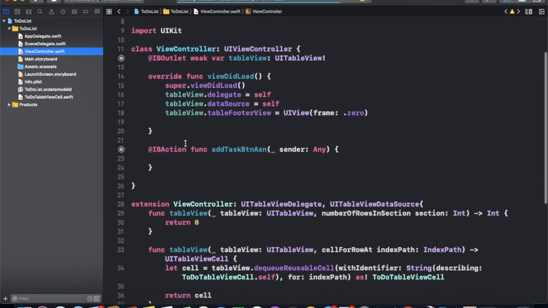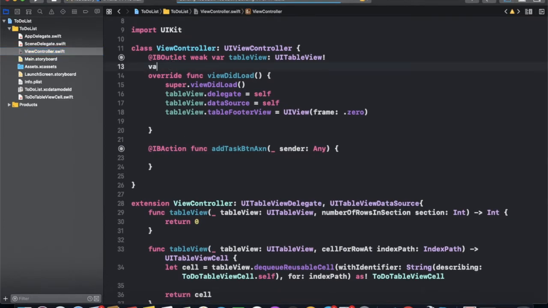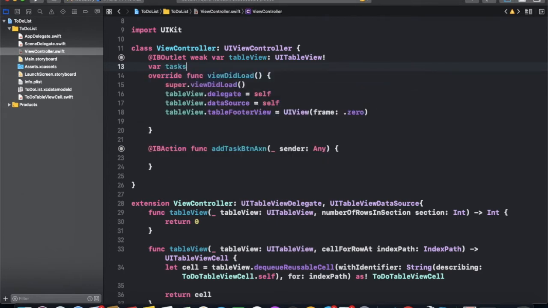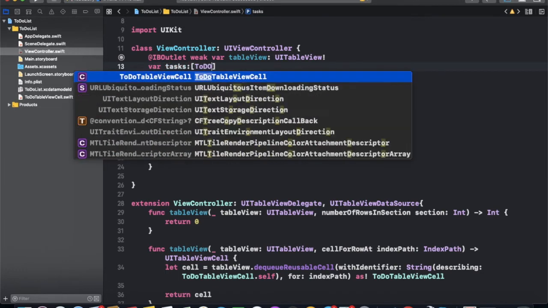Now go to view controller, create an array where tasks, object of to do array, to do task.